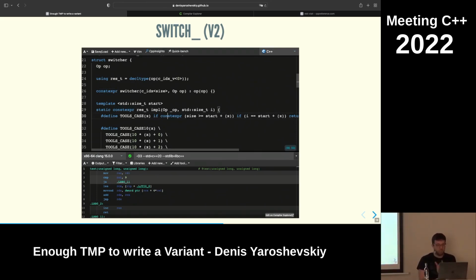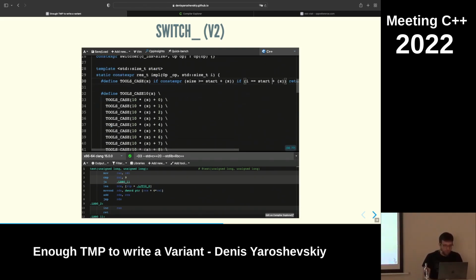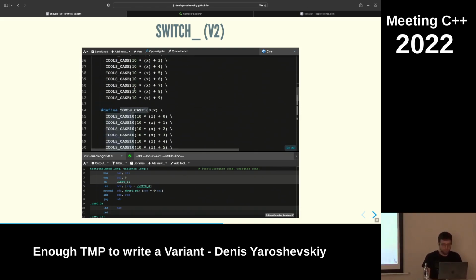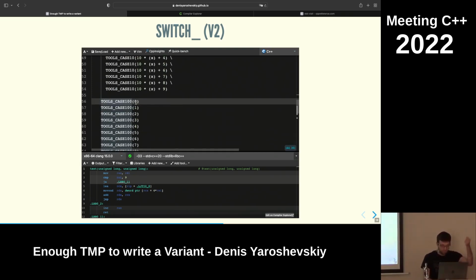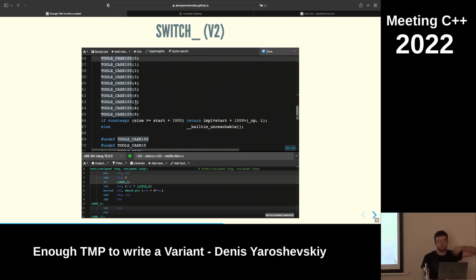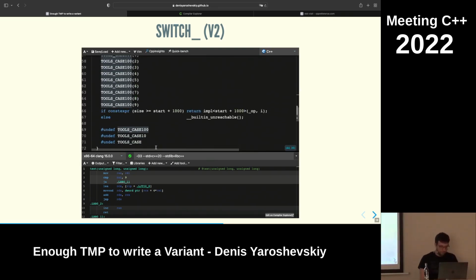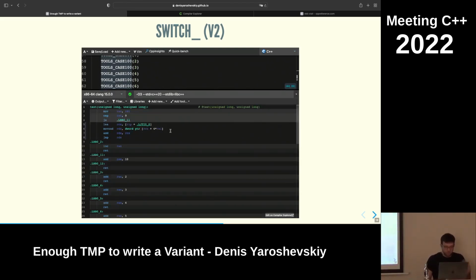It has an if constexpr check first to make sure that we don't try to call something that doesn't exist. If we set 10 cases, we don't try to call it with more than 10, right? And then it has a runtime check. And then I have 10 cases, and then I have 100 cases, and then 1,000 cases, and if it's more than 1,000, recurse, right? And this will generate me a jump table.